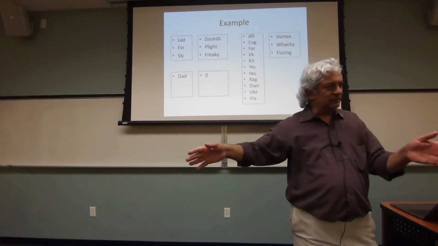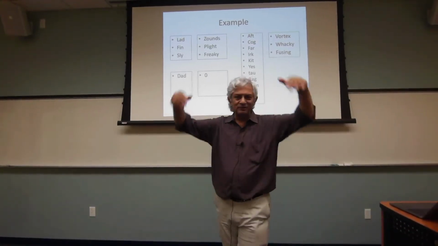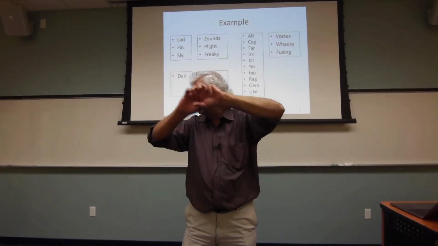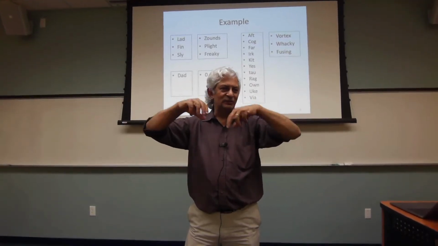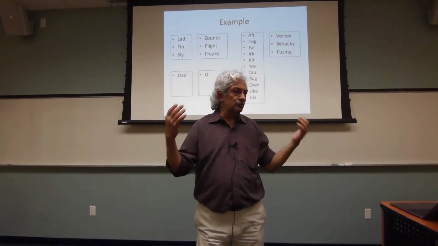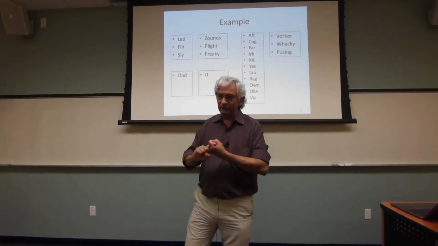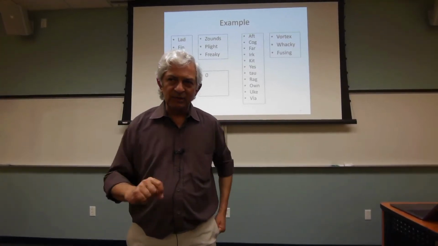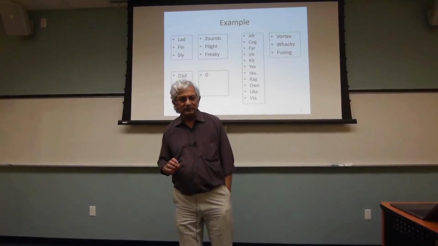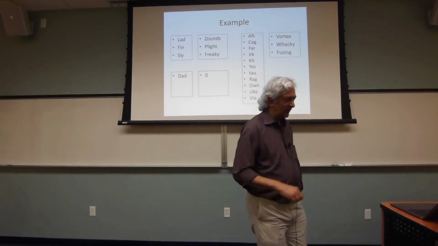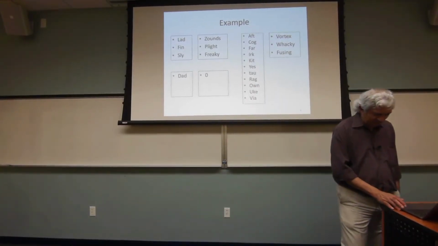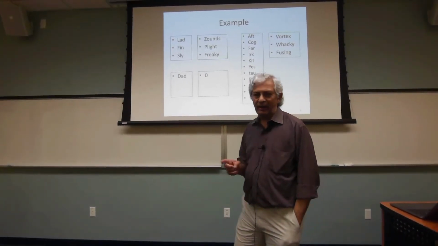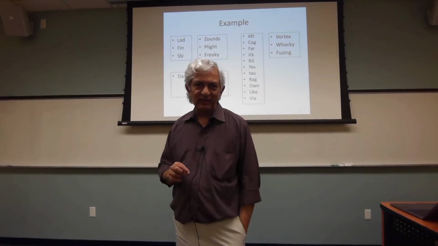So any exhaustive search is basically a big tree, right? You start with the possibilities for the first letter, then you try all possibilities for the second letter, the third letter. So you could do exhaustive search on the letters. All right, and it turns out that that's not exactly the best approach, and I'll explain that a little bit later. So what we're going to do is to create a graph, and then think of this as a graph